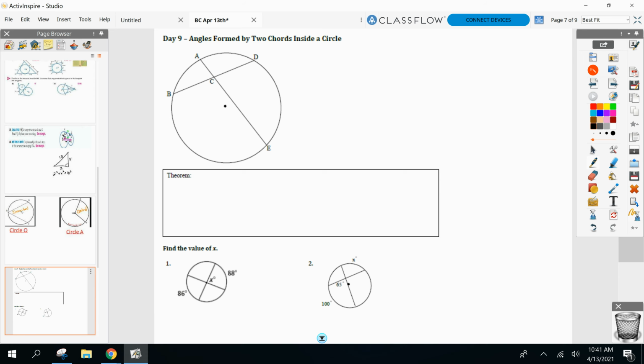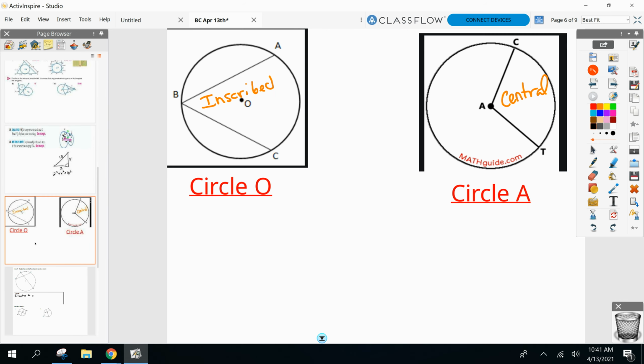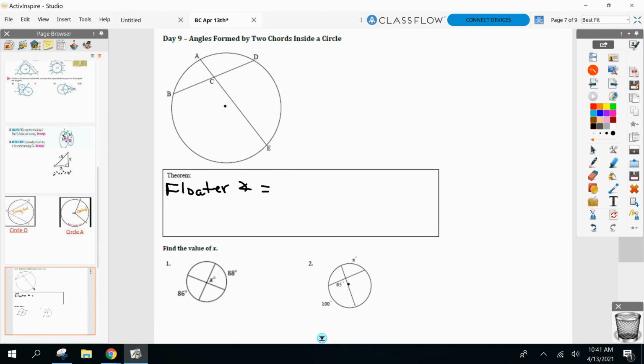All right, so here's today's big topic. The only theorem I'm going to give you is how to find the measure of a floater angle. This one's a little bit more involved. How do you find an inscribed angle? Take half its arc. And what about the central? Equal to its arc. Now for a floater angle, you're going to take half